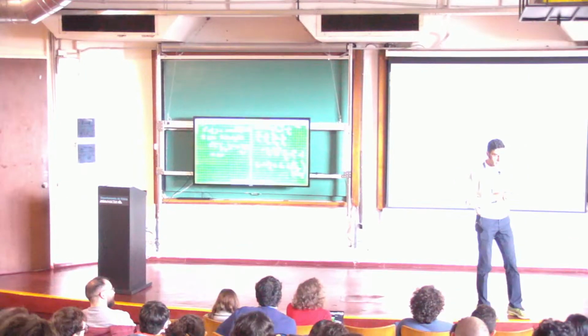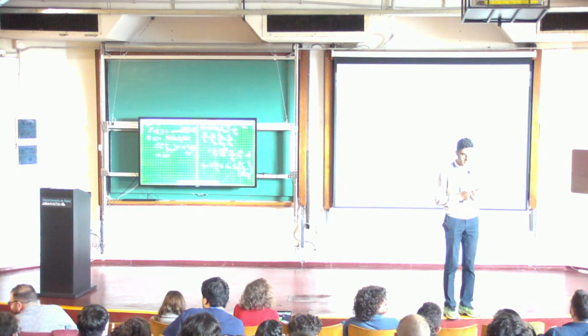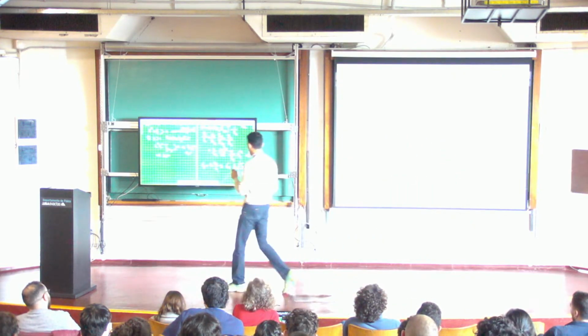Why do you set the ratio H_I by H equal to 1? Oh, yeah, this is very important because